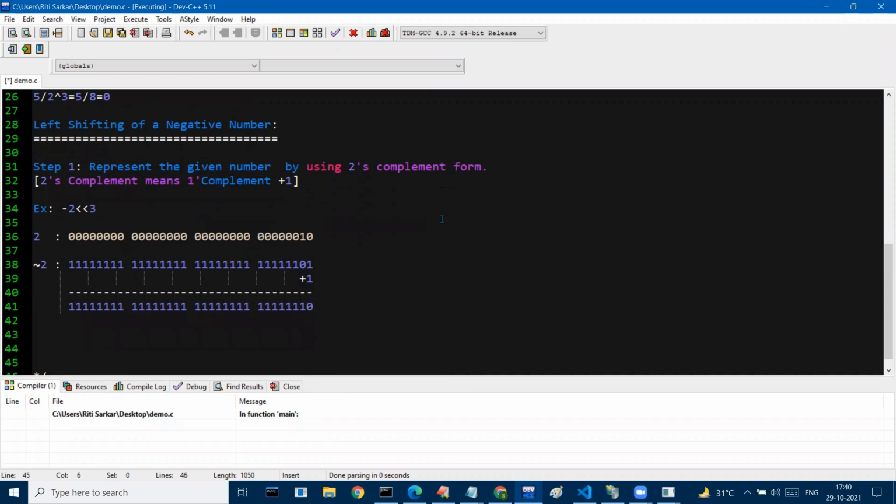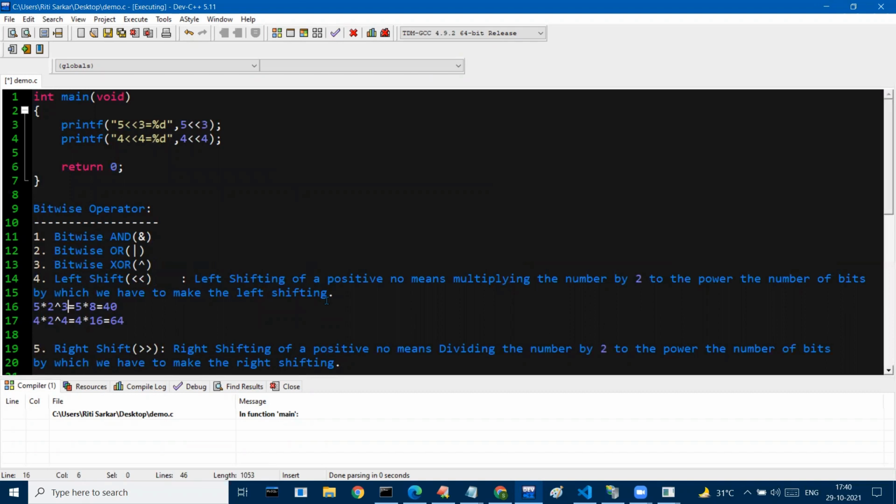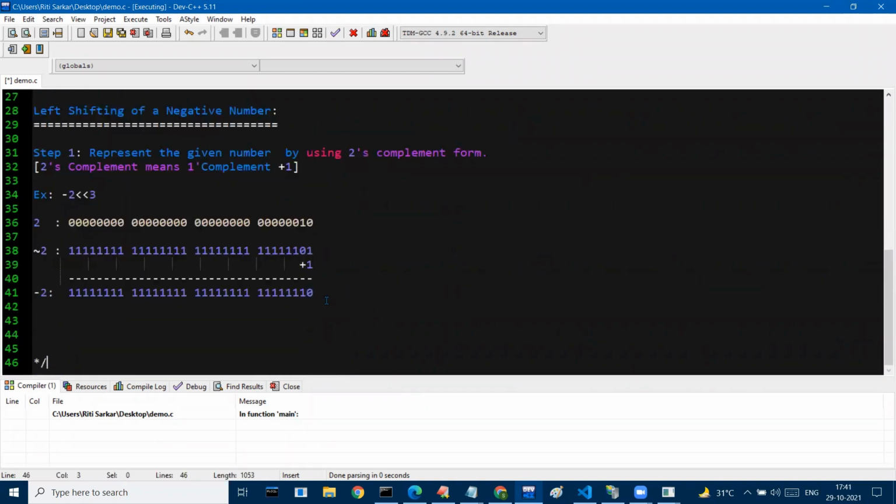Here the given number is 2. The given number can be anything, but I always have to get the 2's complement of the number. And this 2's complement number is basically equivalent to minus 2. This is the binary number. Sir, why are you converting to a binary number? You are dealing with bitwise operators, right? All these are bitwise operators, and you need bits. These are nothing but bits. So this is your minus 2, guys.